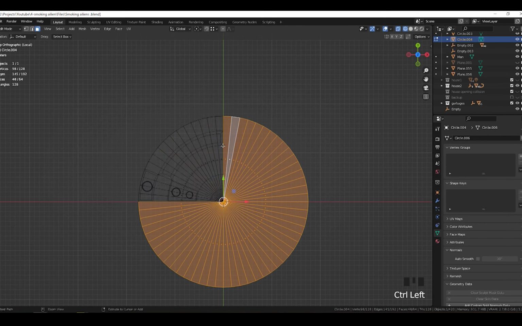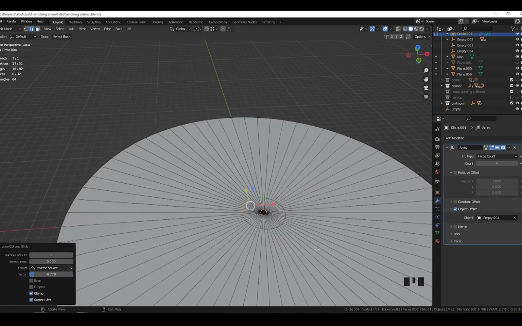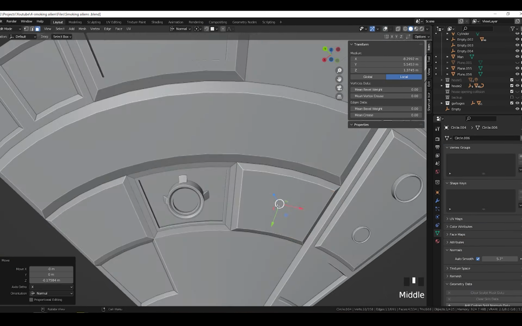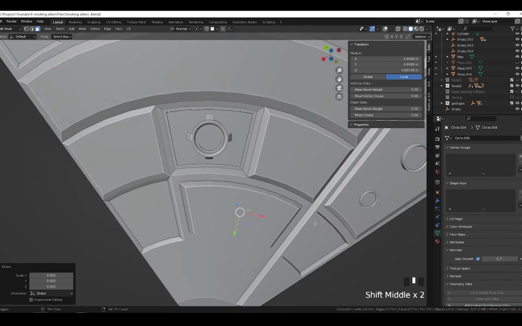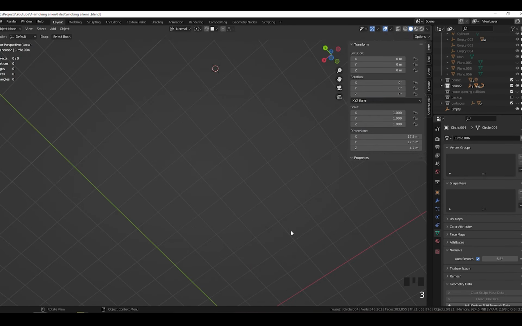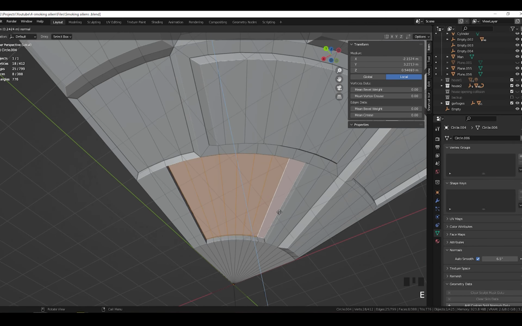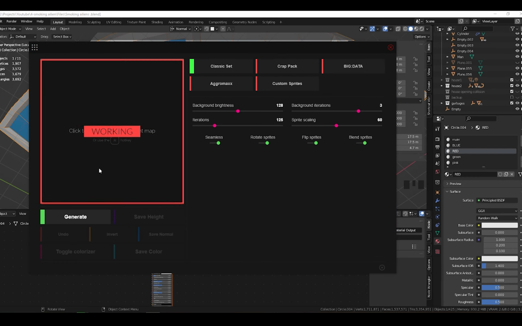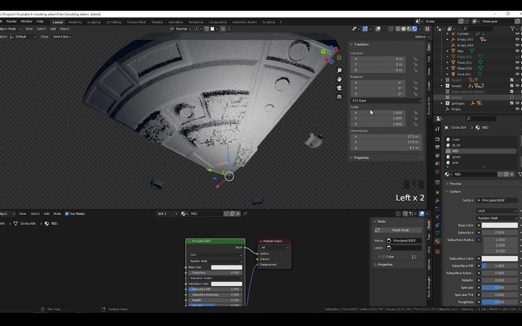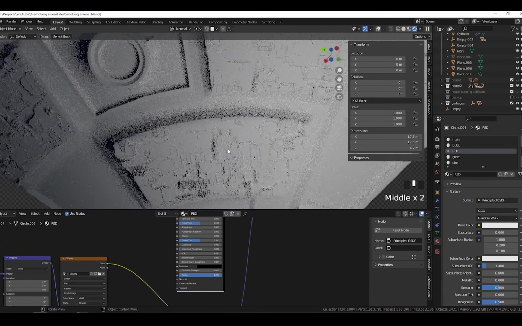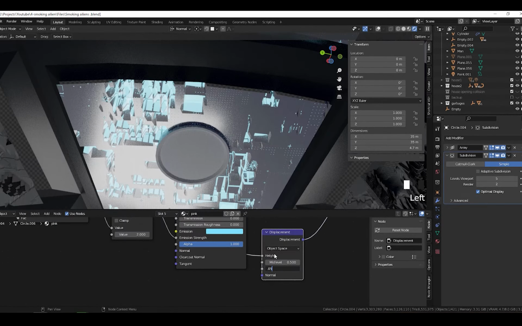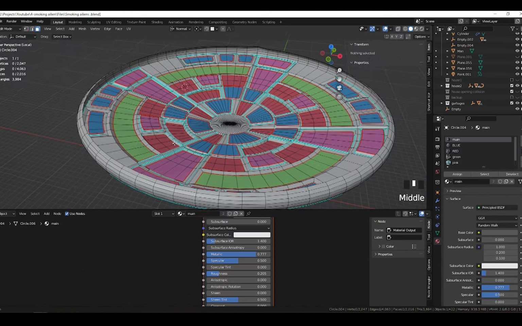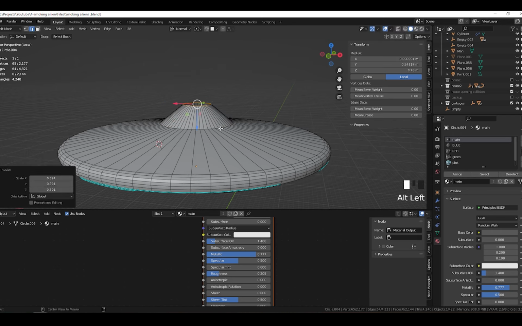Modeling the UFO was the fun part of the project. If we slice a circle in quarters, modeling would be easier. By adding some inset, extrude and scaling, we can achieve the overall shape. Making a few cylinder shapes that look like engines can help the design. I used JSPlacement software to add some sci-fi theme to the UFO, for displacement and lighting. Masking the map used for light with a moving noise can bring better results. And I want to mention that I didn't spend much time on the top part because we can't see it.